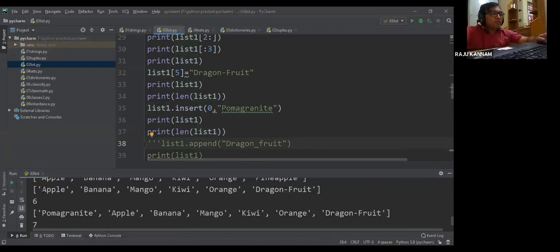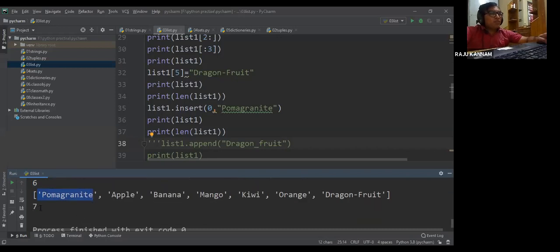Before inserting: apple, banana, mango, kiwi, orange, dragon fruit, the length is 6. Now after inserting pomegranate at index number 0, all the things are shifted: pomegranate, apple, banana, mango, kiwi, orange, and dragon fruit. The length of the list will now be 7.